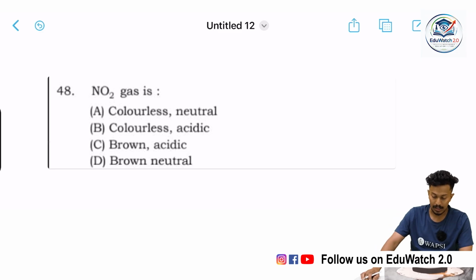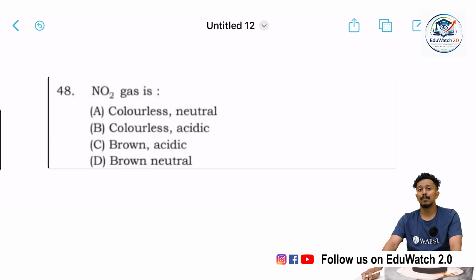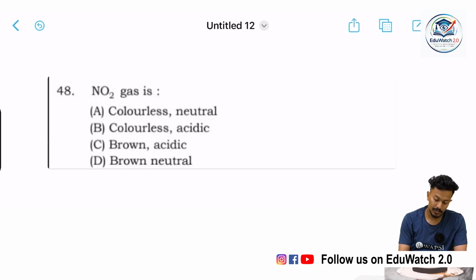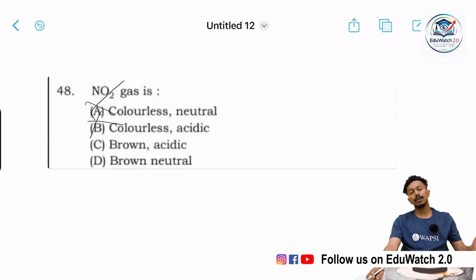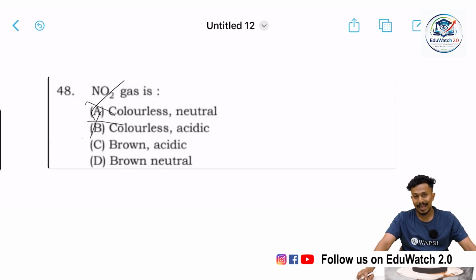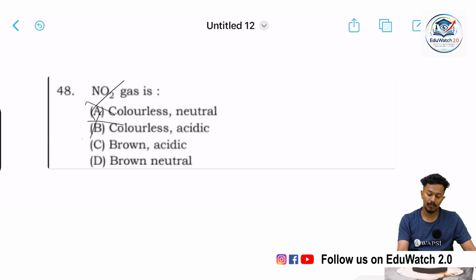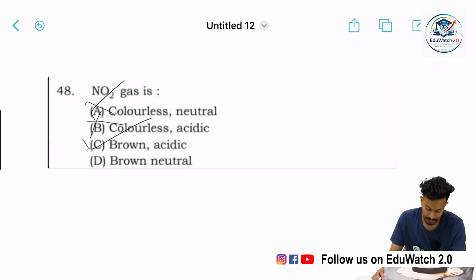Nitrogen dioxide is a colorless or a brown gas. It's actually a brown gas, so we could exclude options A and B. Is it acidic or neutral? P block oxides are acidic, and therefore the answer to this question is brown and acidic, option C. And our next one is